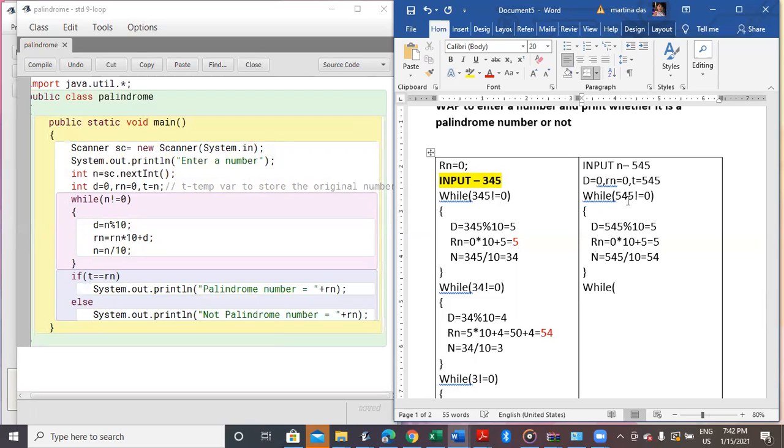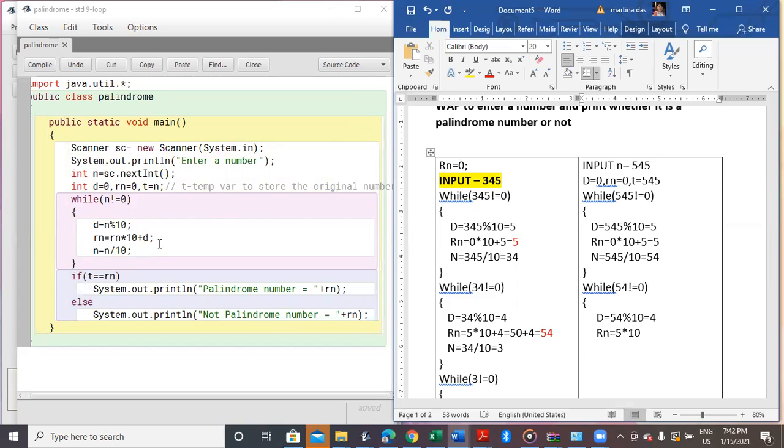You can see it's just similar to your reverse number logic. Not equal to 0, so it is the second loop. Again, the digit is extracted: 54 modulus 10 will now give me 4. Previously in Rn we have the number 5, so now 5 will be multiplied by 10.